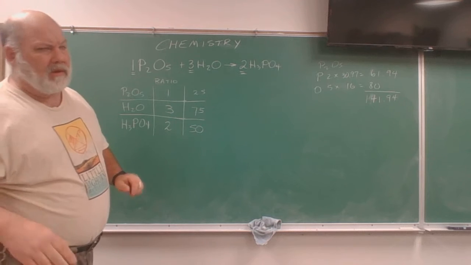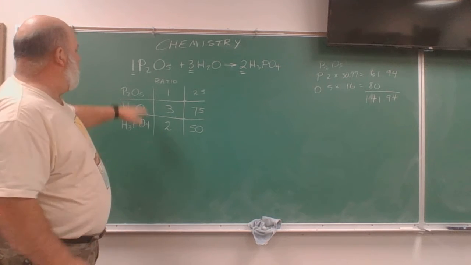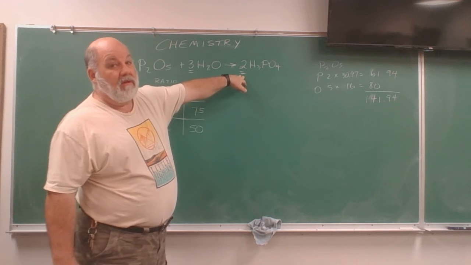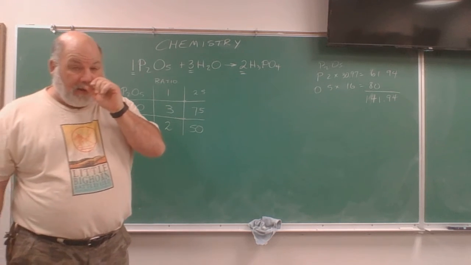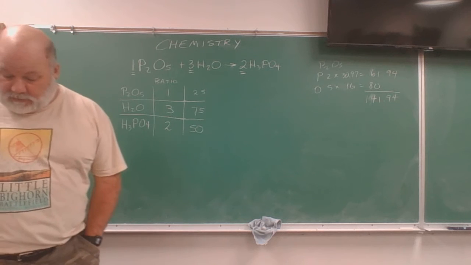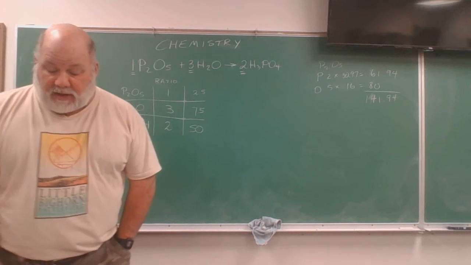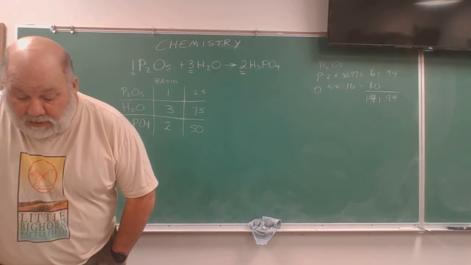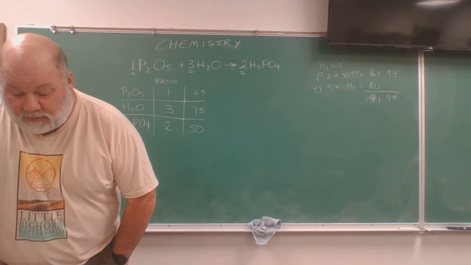I don't know if that's a good explanation or not. But don't be caught up in the fact that this is 1, this is 3. This does not necessarily have to be 4. In fact, rarely will it be. Okay? Then page 239, the second example, it says, how many moles of phosphoric acid can be formed